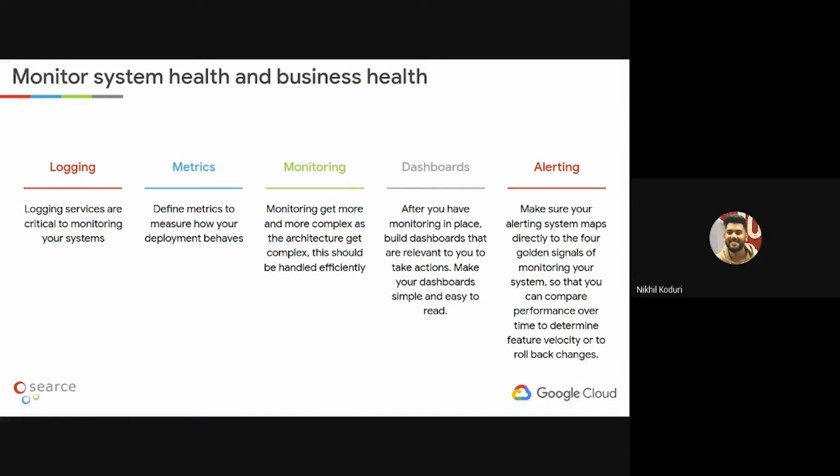The first thing is that you need to have a strong logging solution that logs every kind of critical log that is there. Not only the cloud-specific services that generate logs, but also your application logs and network logs. All these logs need to be monitored, and they should be in a centralized location where I can iterate through them easily and manage them easily, just like you have in Stackdriver.